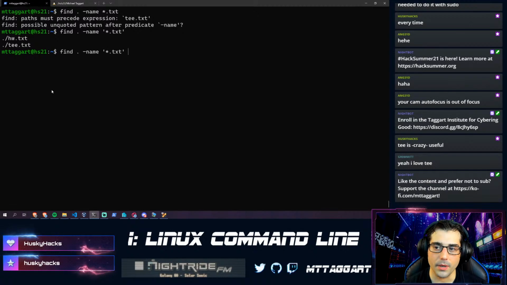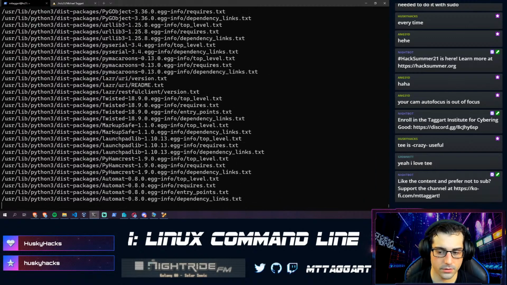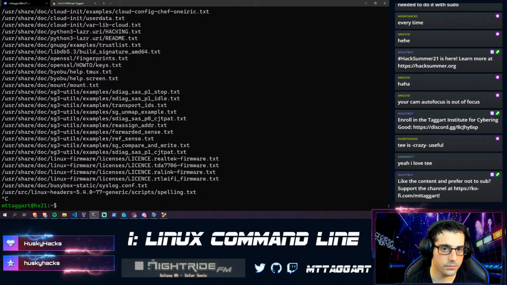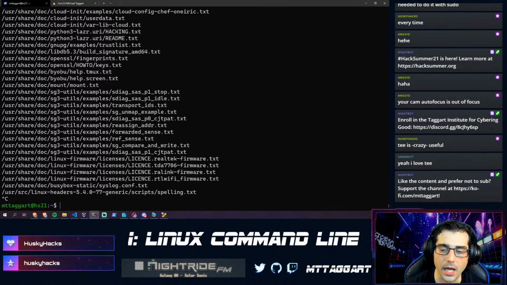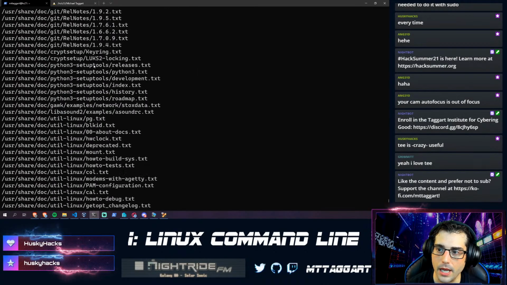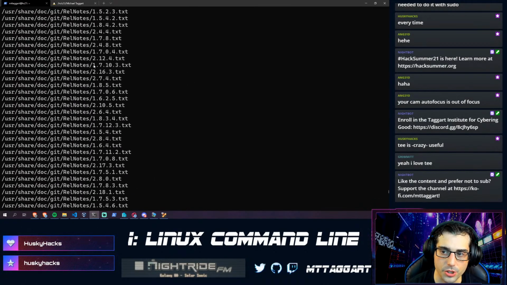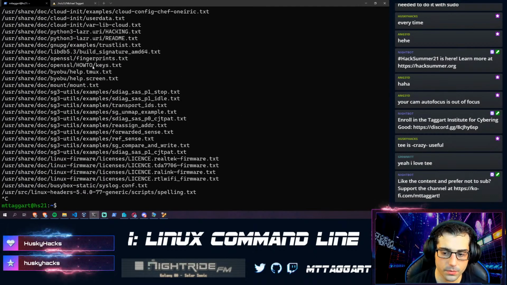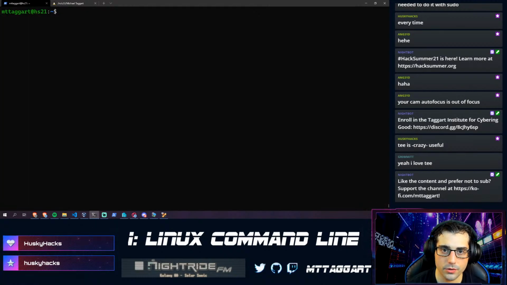Now that's cool. Let's see what happens if I look across the entire file system. Make that a root. This is going to get crazy for a second. Now, if I want to stop this from running, press Control-C. That breaks the process. There's a lot that we just saw. And there are some places that I don't have permission to read. So one thing that I'll often do when I am doing a find across the entire file system is I